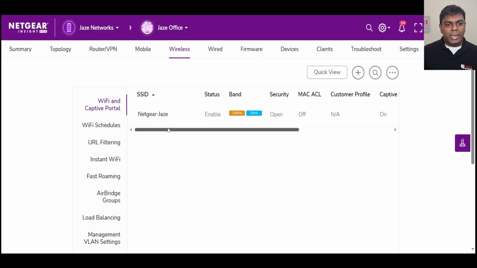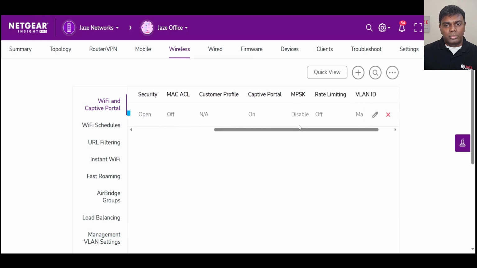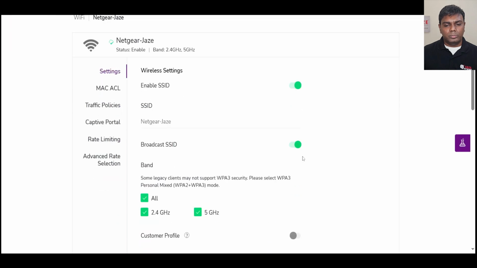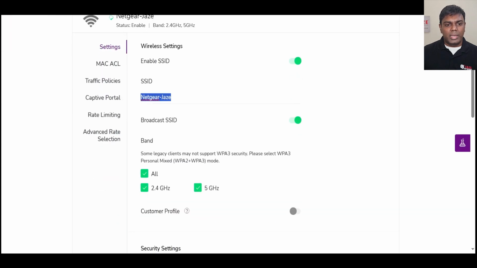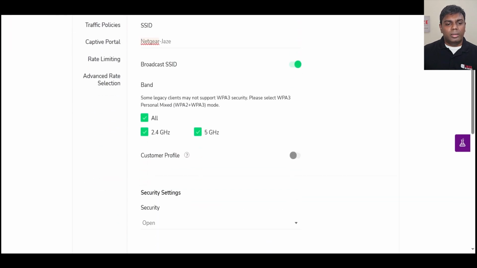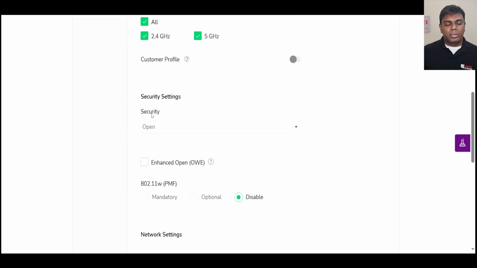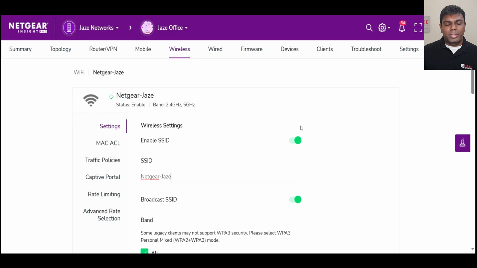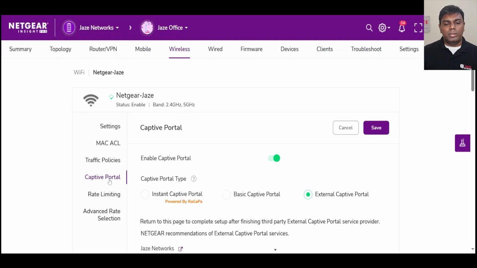So we already have an SSID created here. So it's very simple. First, we set up an SSID. We give it a name and we give it the security and we set it to open. So users who connect to the SSID are connected without any password being prompted. And once they connect to the SSID, we will configure a Cap2 portal in order to redirect them to the